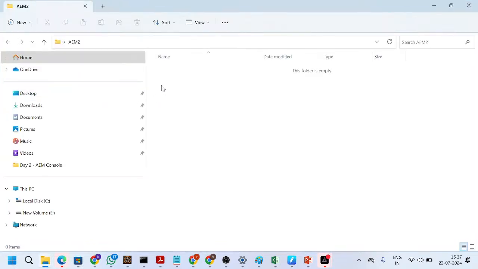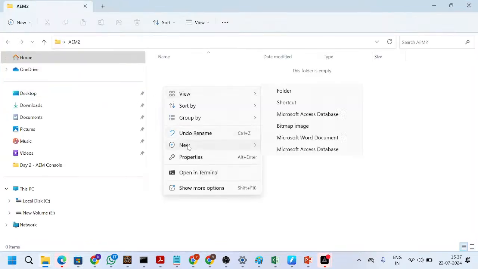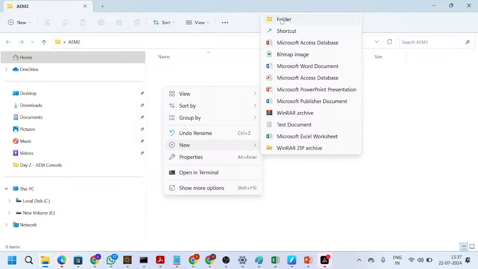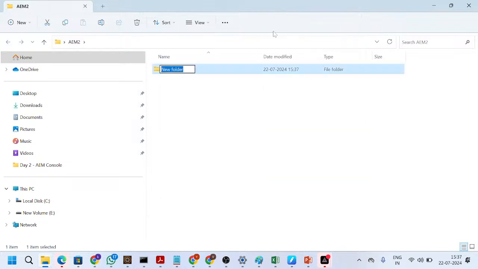Here you can create the author folder like this. Inside the author folder we can keep the quickstart jar and